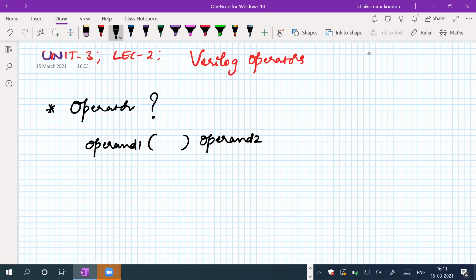Data can be in the form of a variable. You take two variables, for example. The variable is nothing but a representation of the data. So if you have two data in your hand, what do you want to do with the data? You want to perform some kind of functionality on it, whether addition, subtraction, or whatever it may be. Whatever it is that you are considering here, this is called an operator. It does some kind of thing.